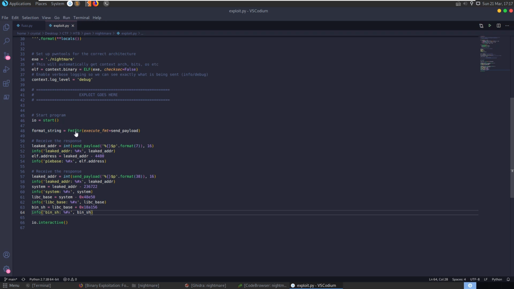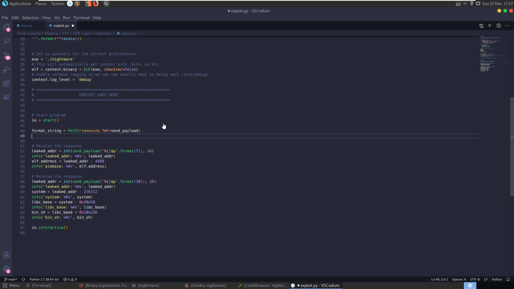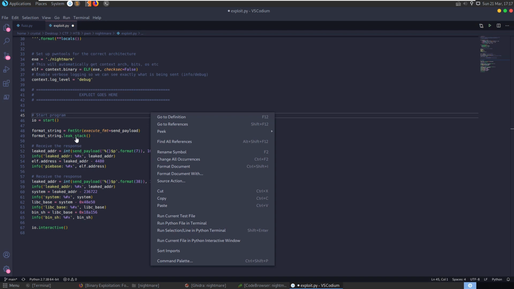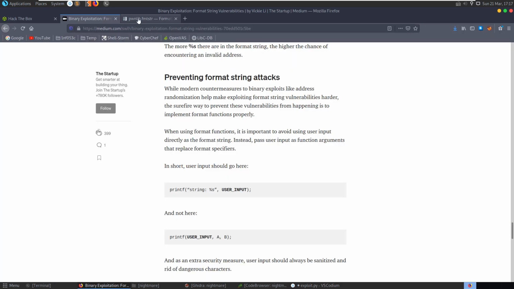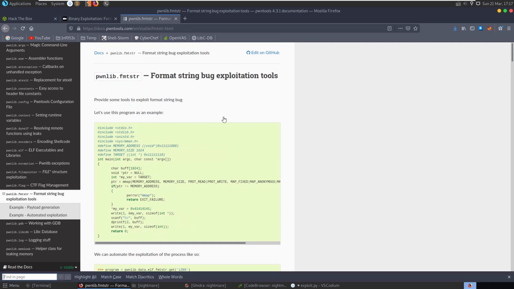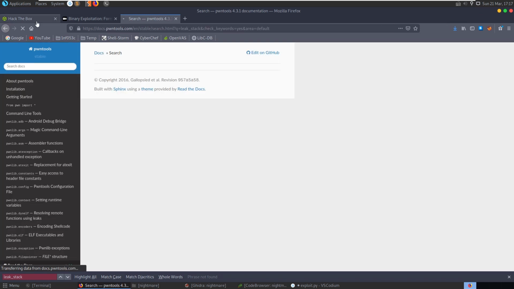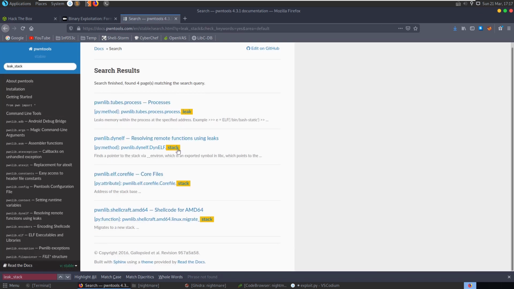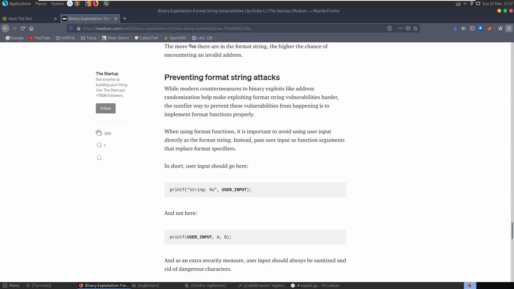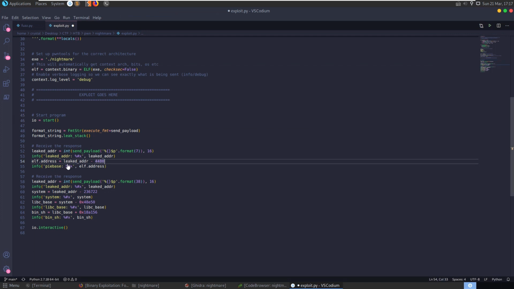I'll just mention first of all as well this format string, if anybody knows how to use this properly, because there are some things about it like format string dot leak stack. There's no documentation. If you search this function on the pwntools documentation, in fact let me go here. There's nothing mentioned here. If we go leak stack, nothing at all. And if you search for it here, leak stack, there just doesn't seem to be any mention of that specific function, so I'm not really too sure how to use it. I've had a look at the code, but yeah, I can't really